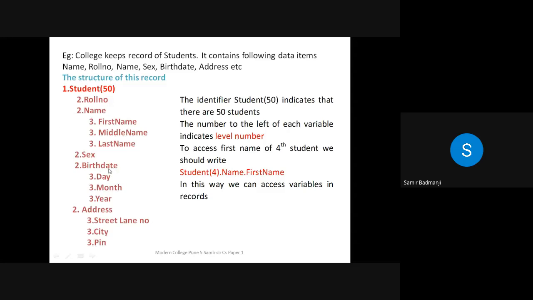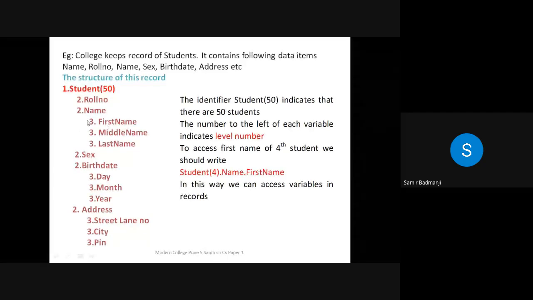Similarly, birth date is also a group item because it is divided into day, month, and year. When writing your birth date, you write your day first, then month, then year. So it is divided into three parts. That is why there are second level elementary items or group items. Whenever it is further divided, you have to go one level inside.